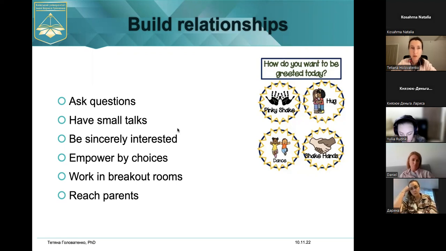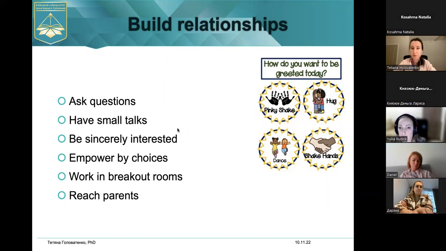And also a very important thing within the building relationships principle is reaching parents for help and for advice. You've got your degree in education, and you are a professional in your area, and sometimes parents might need this guiding, helping hand to help explain what's going on around their child and your students, and discussing these things might be a very good idea, and it might also show that you do care about their well-being.